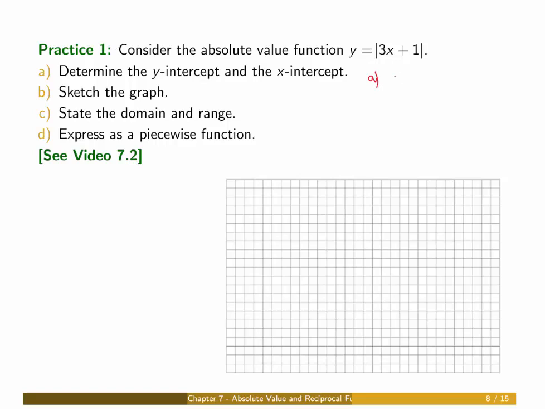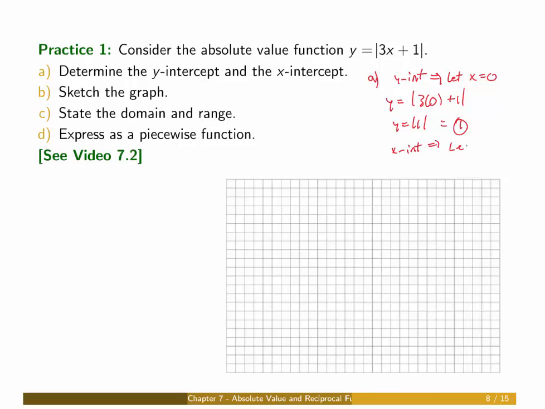To determine the y-intercept, you're going to let x equal 0. Then you're left with y equals absolute value of 3 times 0 plus 1, which will come out to be y equals absolute value 1, which comes out to be 1. Okay? So you have a y-intercept at 1. Okay, the x-intercept